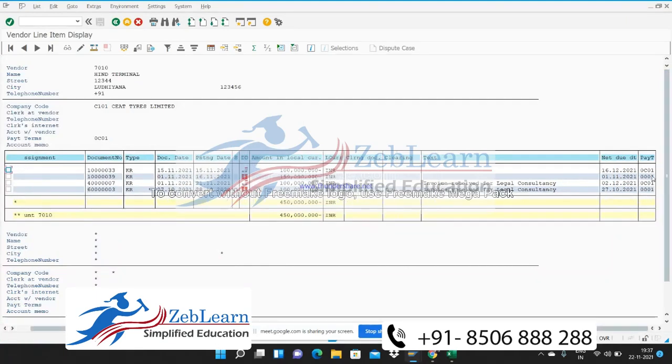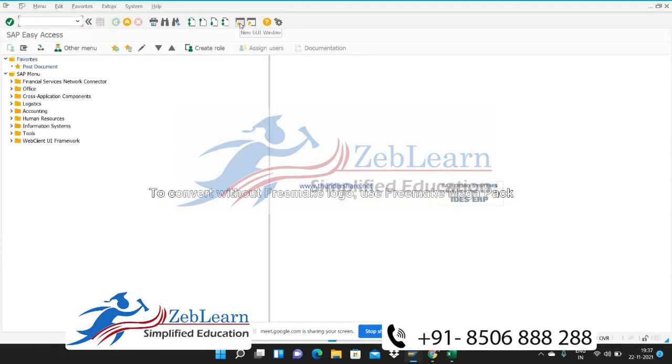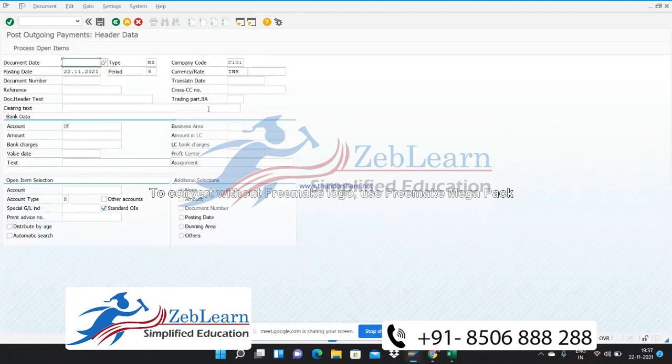So now this terms of condition is updated for two invoices, one and second. Now we are going to make the payment, and then we will see whether the system is calculating the cash discount automatically, or we are going to enter it manually. F-53. Say for example 19 was the date, KZ is the document type, and I'm just going to show whether this document number is mapped with the document type or not.